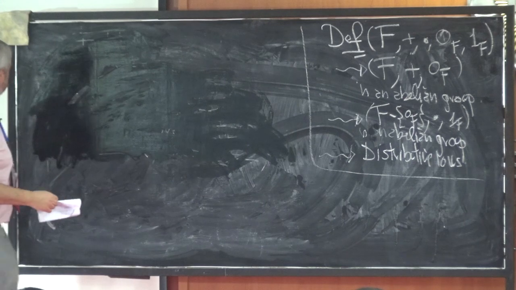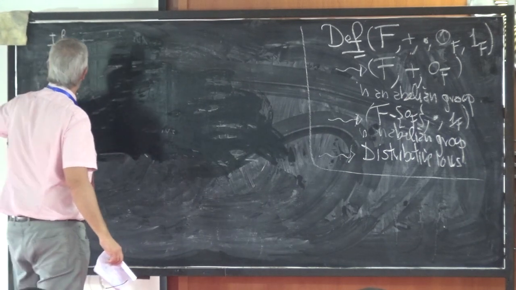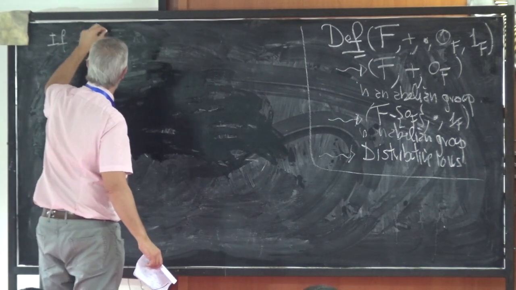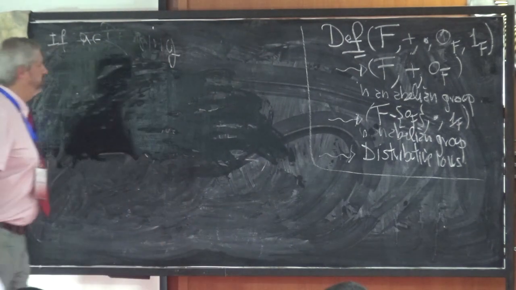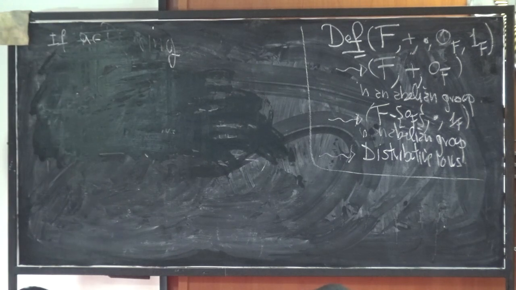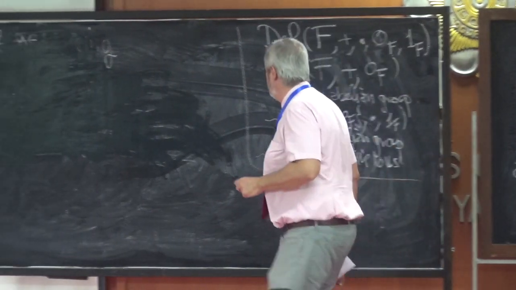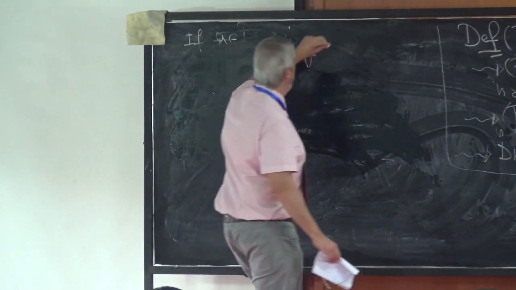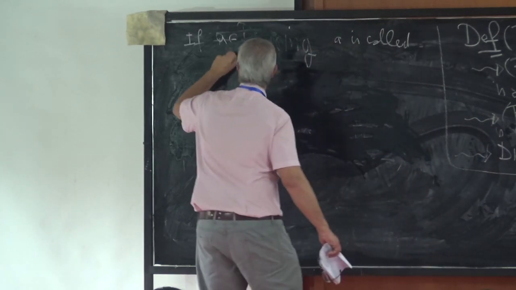So if I have an element A in a ring, a field is a ring where not all elements are invertible. So a field less an axiom. Okay. So if I have a ring, then A is called a zero divisor